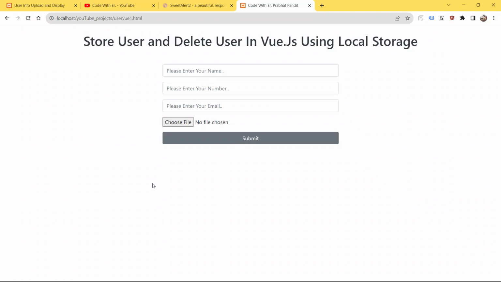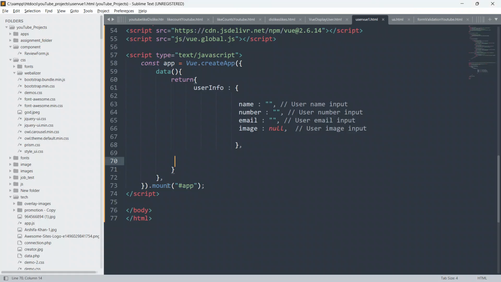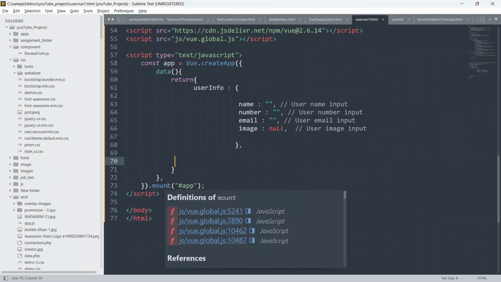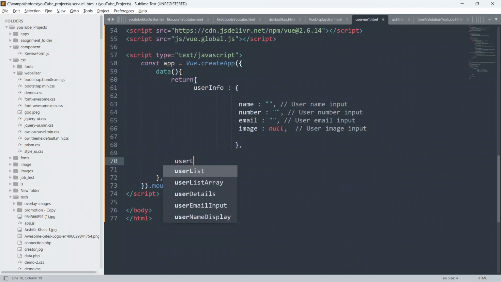So guys, now I'm going to write the logic for it. Just go to the code editor and I will create a var. I will say userList equal to JSON.parse. Okay guys, I have already explained in my previous example that whenever you store something into the local storage, you have to use JSON.stringify to store information in the form of text.